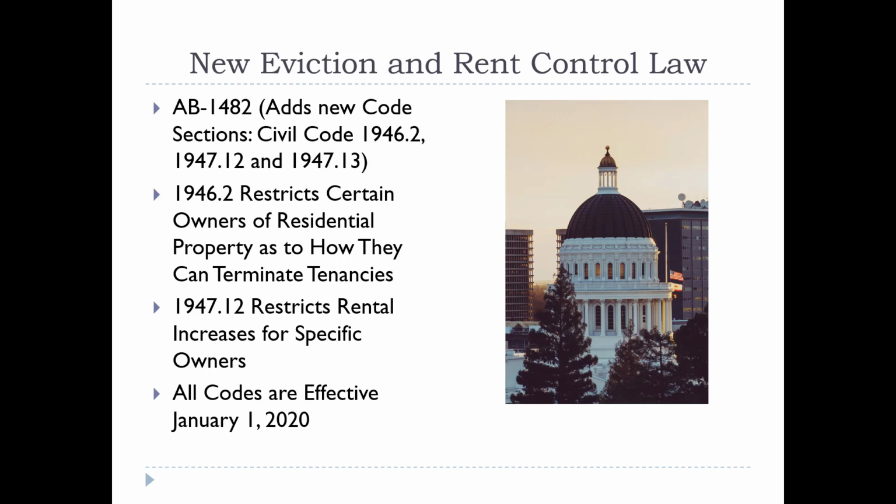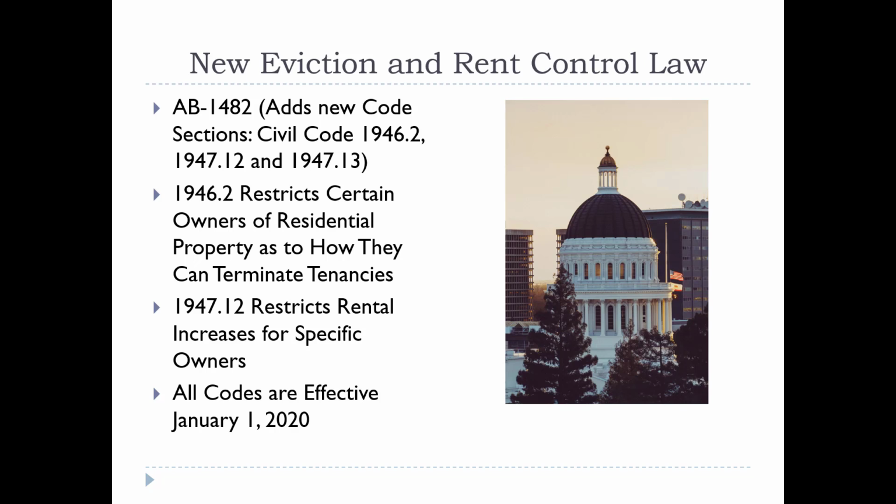As an overview, this new bill adds Civil Code sections 1946.2 and 1947.12, which is the rental price control provisions of AB 1482. Less relevant to most of our clients will be the 1947.13 section to the Civil Code that will be added. Long story short, it's basically an exemption for owners that build ultra low housing. There's an exemption for those owners for sections 1947.12. So in this section we're going to focus particularly on section 1946.2, which adds